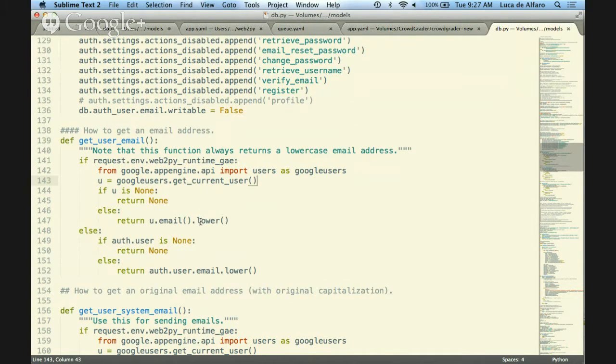I found that using emails uniformly, rather than user IDs as Web2Py makes it easy for you to do, is a very good idea because it has several advantages. One, it's less efficient from a system point of view, because an integer is shorter to store than an email address. But for example, suppose that I want to invite Rakshit to be my colleague in a homework submission. He may not have joined the system yet, so he may not have an ID in the auth_user table. But he already has an email address, right?